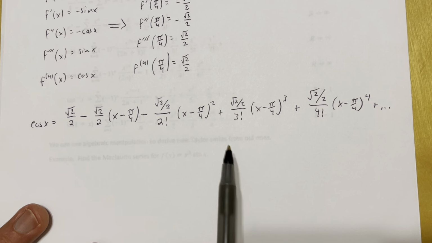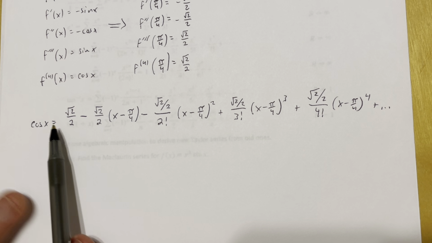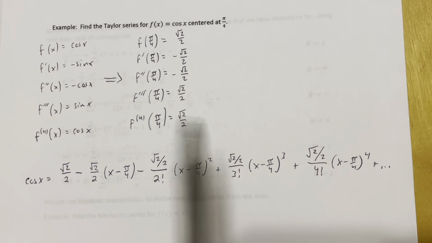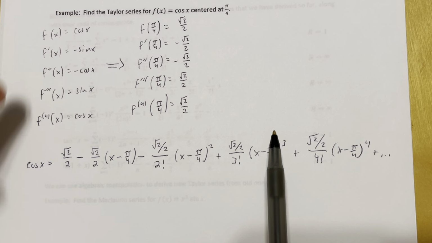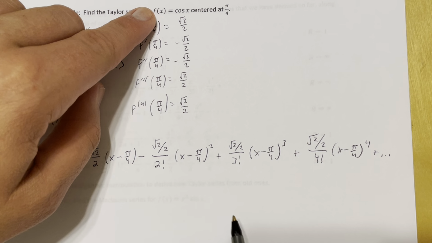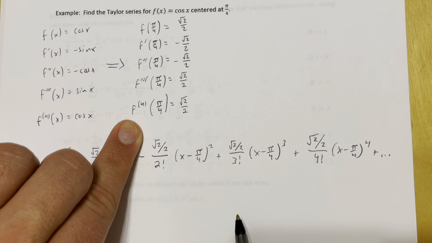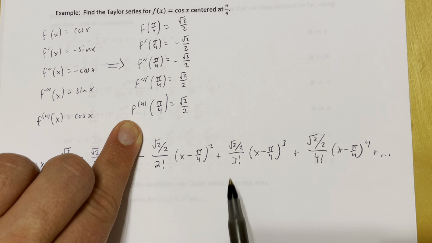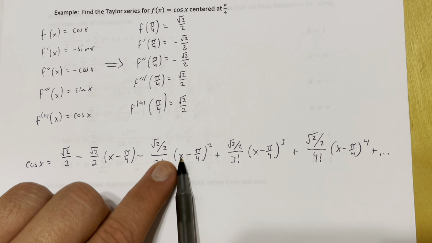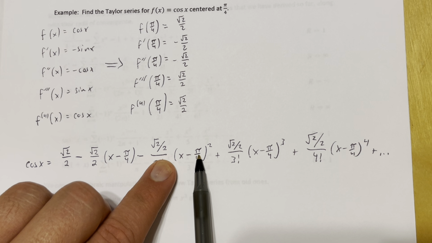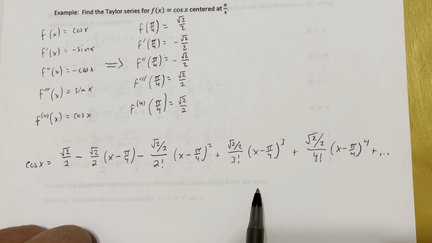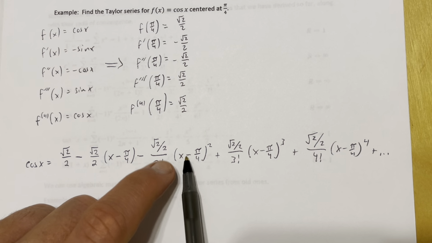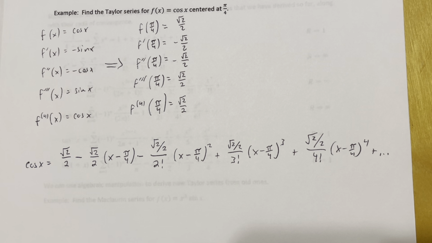So the purpose of this example is to show you how finding a series centered at something other than 0 differs from when we find a Maclaurin series. Starts the same way, but we plug different numbers into these derivatives here, and then we're also having x minus that thing that we're centering our power series at to a power instead of just x to a power. Okay, so